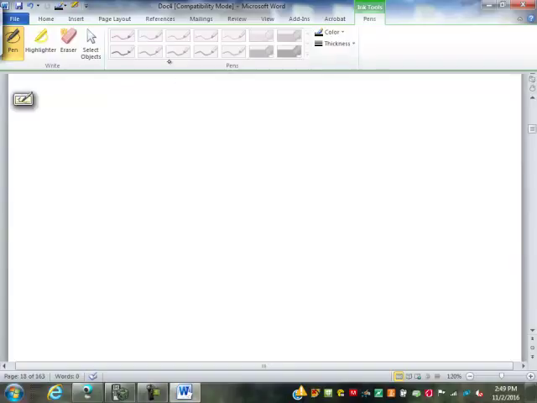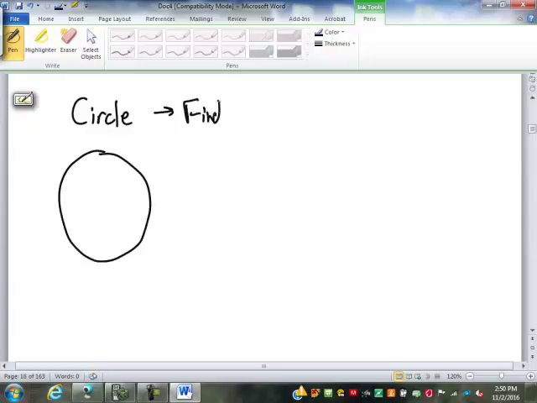If we have a circle, and I ask you to find the perimeter, well, on the circle, the perimeter has a special name. The perimeter is called a circumference. And the circumference of the circle is determined by either its radius, where the radius goes from the center to the outside,